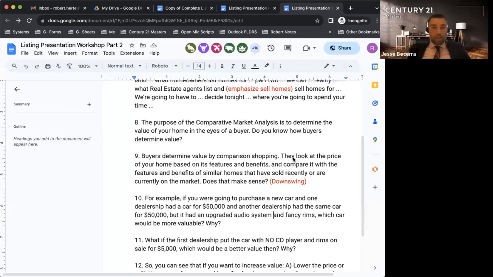Use a handbag. Let's say you were going to purchase a new Louis Vuitton handbag, and one store had the handbag. Or let's say you're going to purchase some new Jimmy Choo shoes. And you're thinking, Robert, how do you know about Louis Vuitton and Jimmy Choo shoes? I have a wife. That's how I know about Louis Vuitton and Jimmy Choo